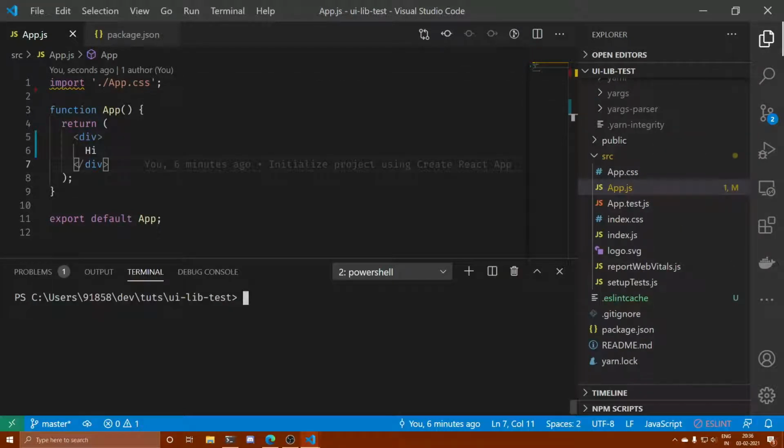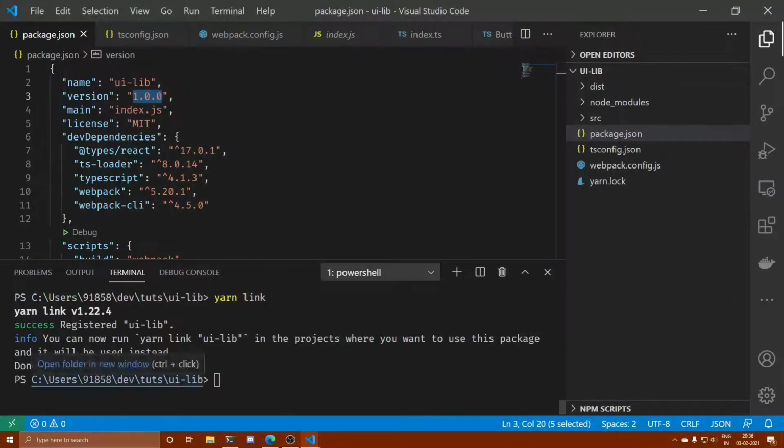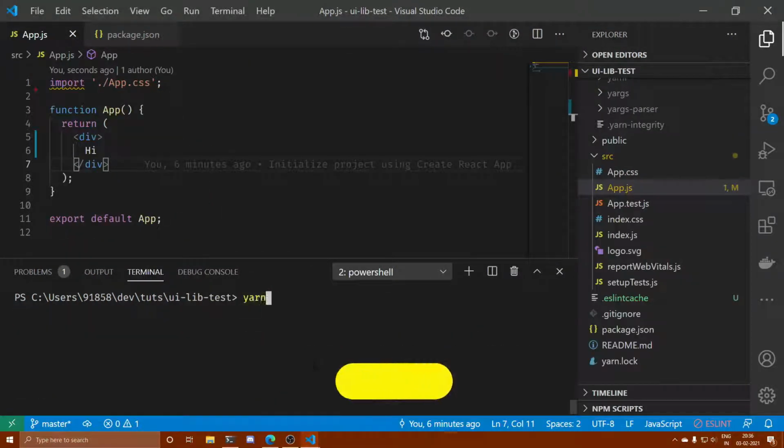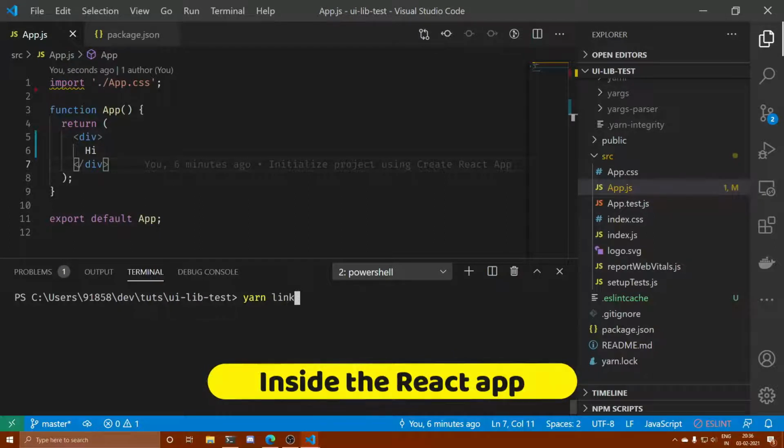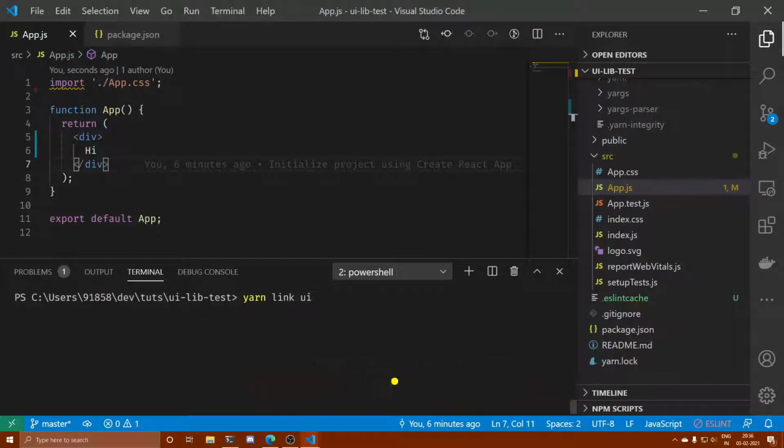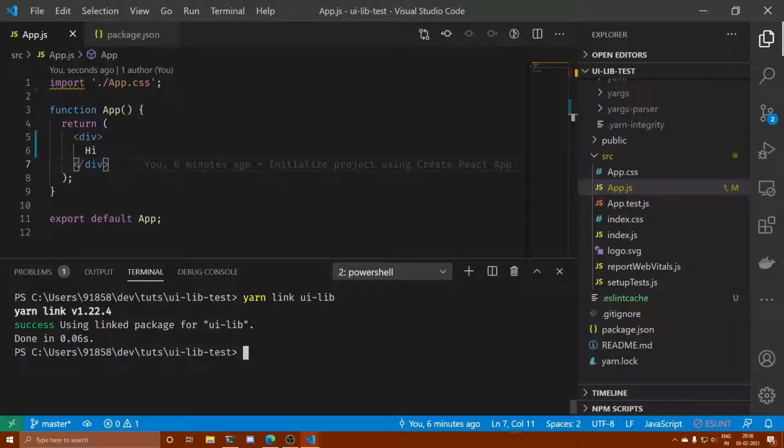So now we want to use our own UI library in this React starter project. We have already created the symlink, and now is the time to use the symlink. So yarn link and then ui-lib is going to create a symlinked dependency.